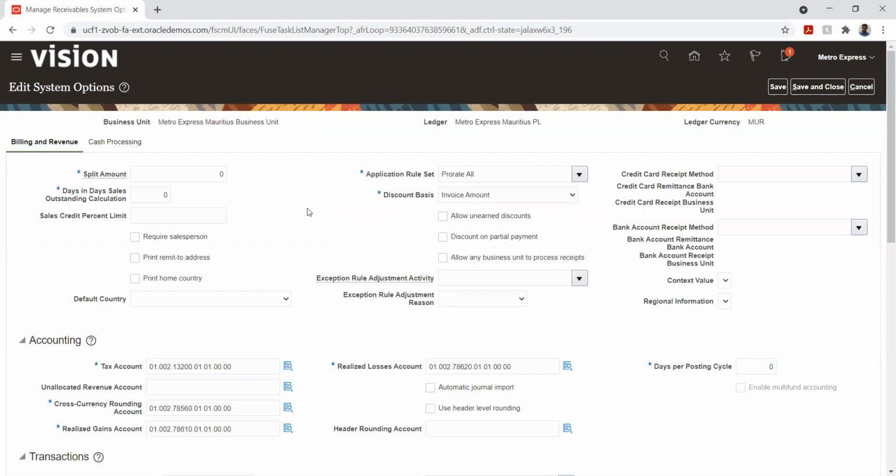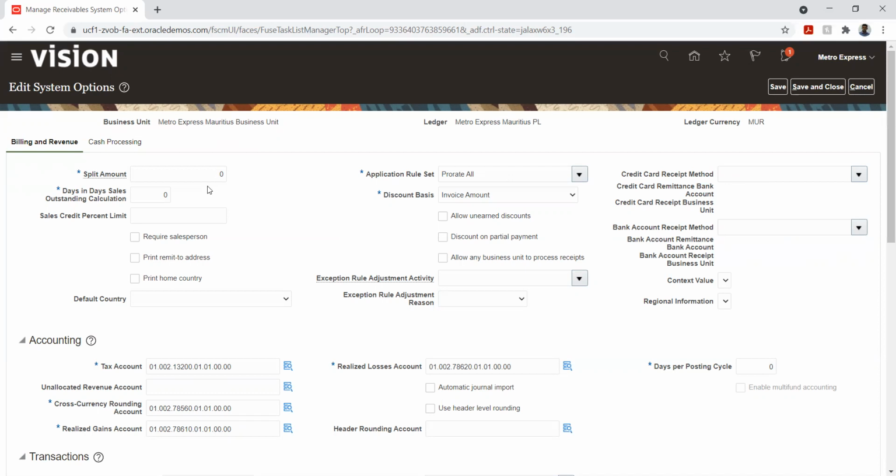So this is a business unit that we have configured. Tax accounts, cross. So the same configuration. I have just given the respective account code combination, and I did not give any payment types. So we saw that we only have the credit card transactions and those things, so I did not give this.